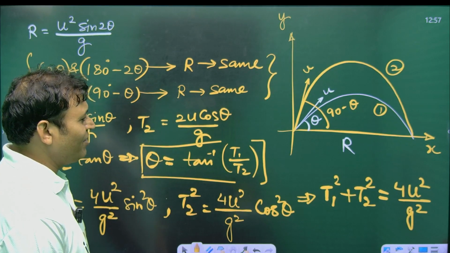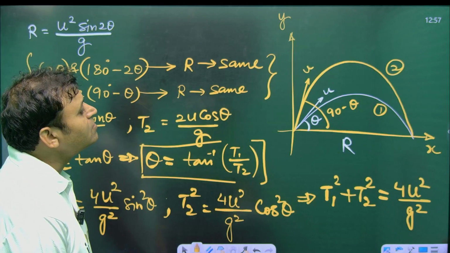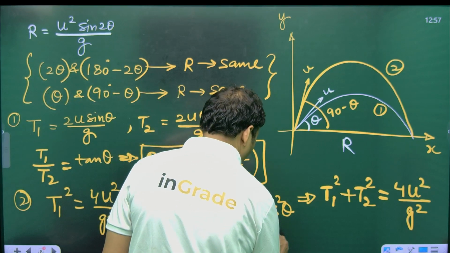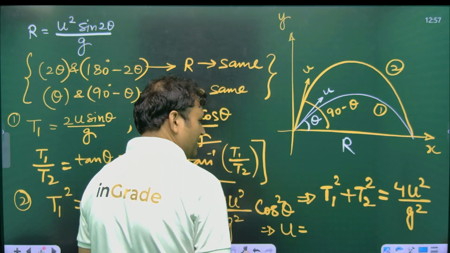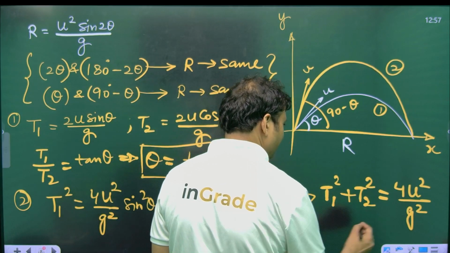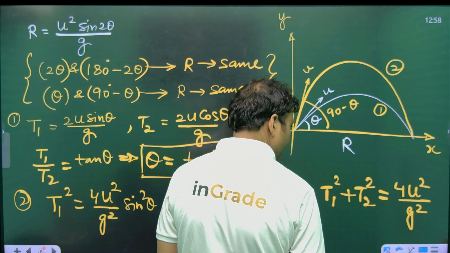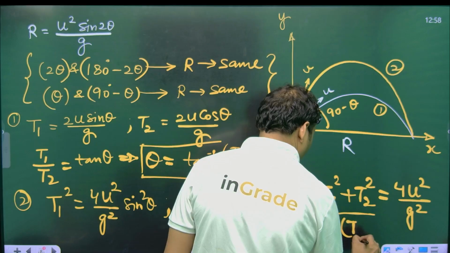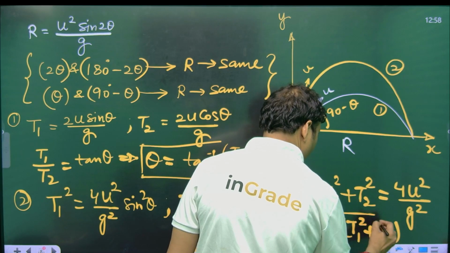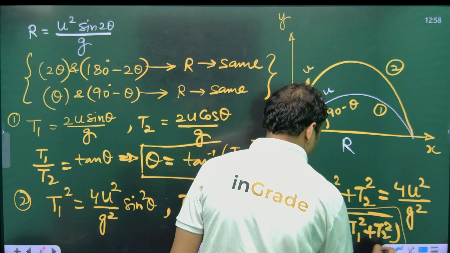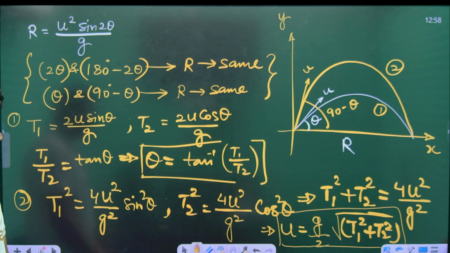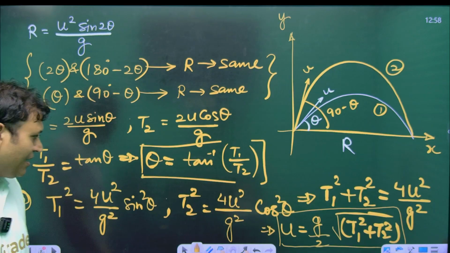So u square will be equal to g square into T1 square plus T2 square by 4. So from here we can say the initial velocity can also be calculated as under root of g square is g, under root of 4 is 2, then under root of T1 square plus T2 square. I hope this is clear. Similarly,